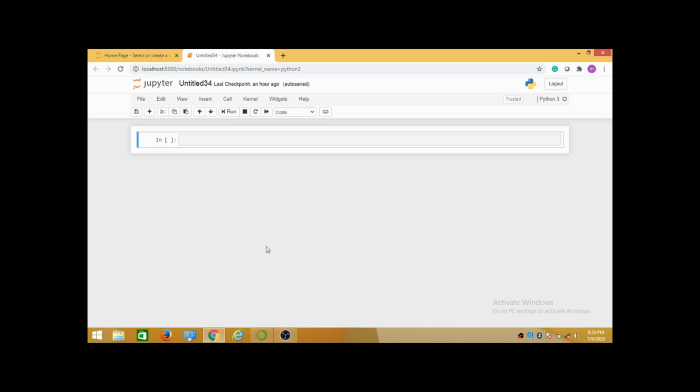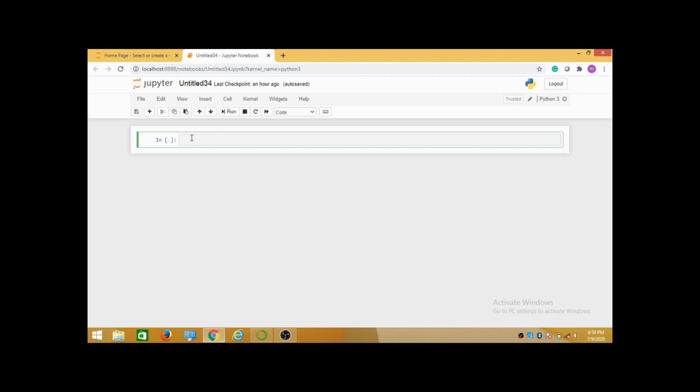Hi, today in the next 15 minutes you will learn about what a dictionary is. Dictionary is one of the mutable data types. That means you can change the data after its creation. And dictionary is a collection of elements which is unordered, and in a dictionary we have one key as well as one value. So let's see how to create a dictionary in Python.